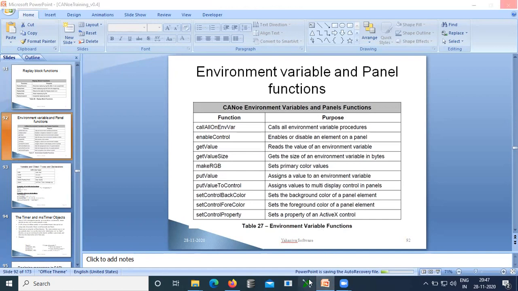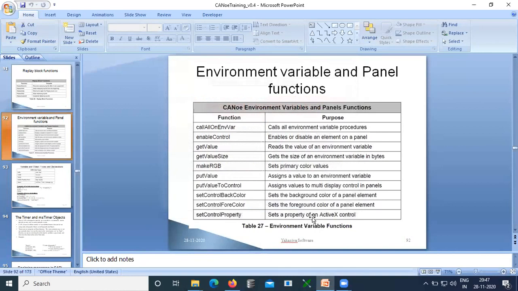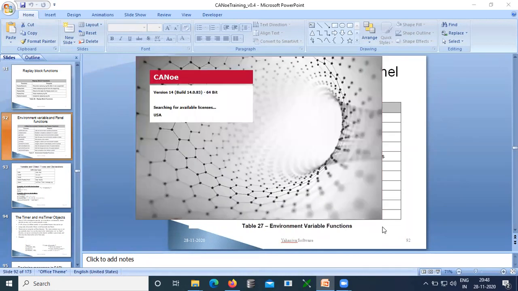We cannot create EV variables now, because from version 12 they stopped supporting EV variables. In future, EV variable support will be removed. Usually, in the automotive industry, a product will run for 5, 6 years.